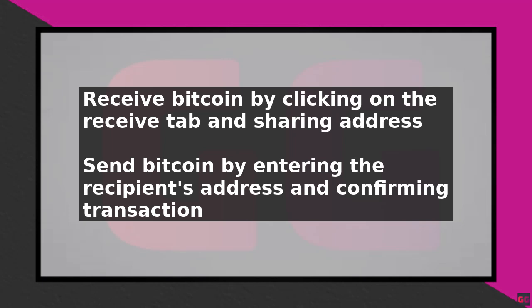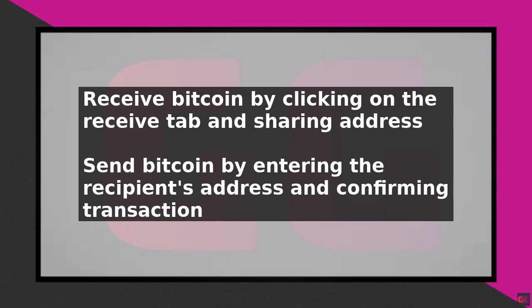The Bitcoin.com wallet also allows you to buy and sell Bitcoin using a variety of payment methods, such as credit cards and bank transfers. To buy Bitcoin, click on the Buy tab, select your payment method, and follow the instructions